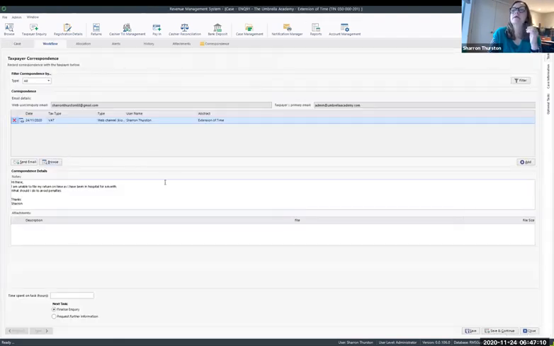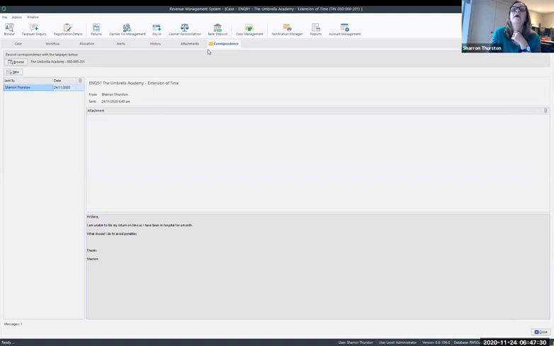So he might decide that he wants to get a medical certificate from the taxpayer, for example, to be able to avoid penalties. So there's a couple of things he can do. He can send an email back to the taxpayer here, and this will actually email the taxpayer, or he can go into correspondence up here, and because it's a web-based one, he can send,